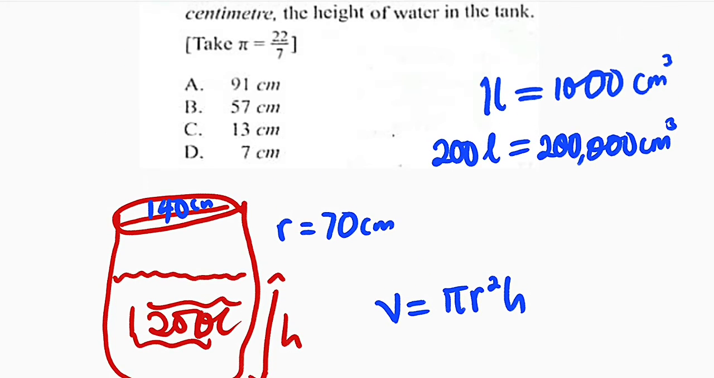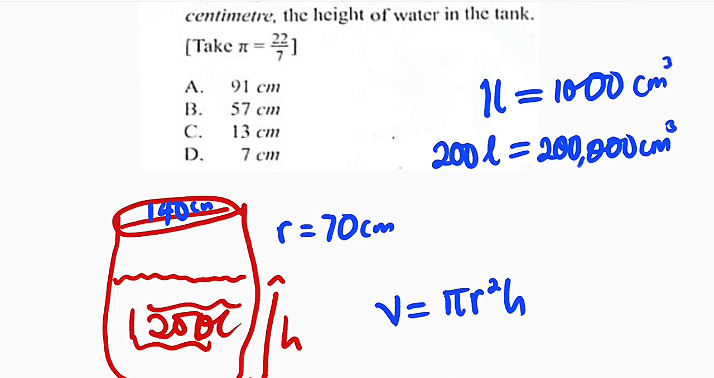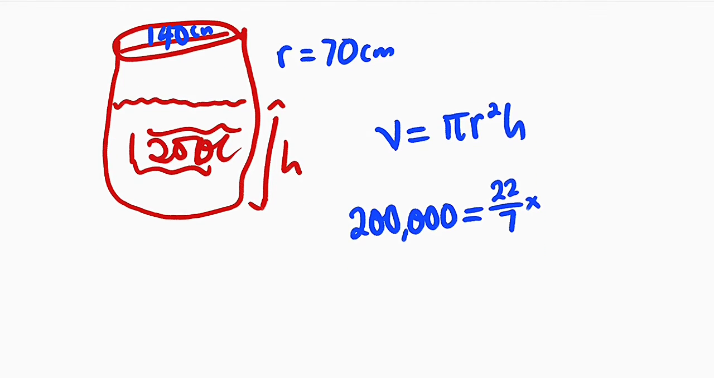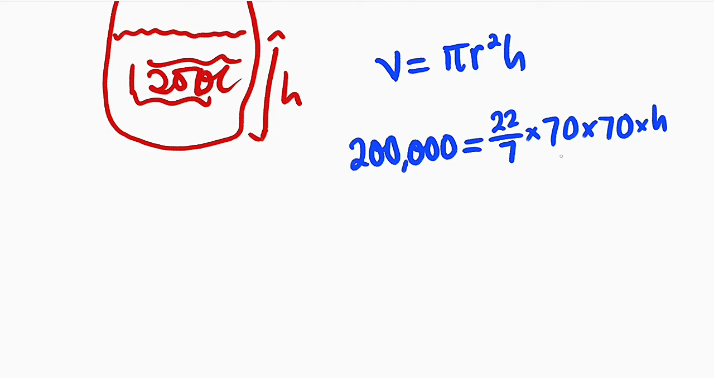So let us substitute everything. You can see that the volume is 200,000 equal to pi. We are given pi as 22/7. 22/7. Then multiply by r squared, that is 70 times 70. Then multiplied by h, which we are looking for. So now let us make h the subject. We can divide both sides by 70 times 70. Therefore, h is equal to